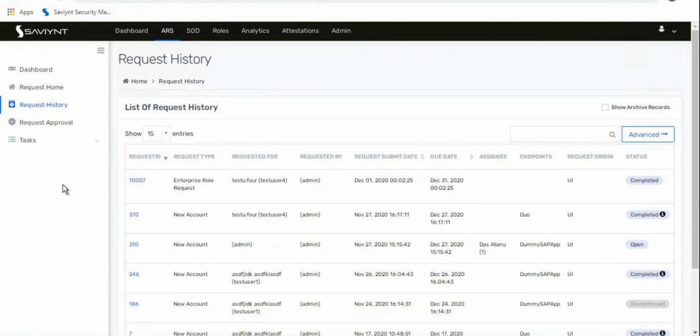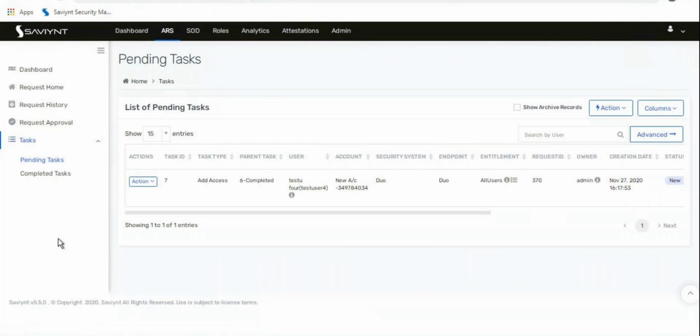After every request which is completed, Saviynt will generate tasks for that particular request, or type of request. As this is an enterprise role addition request, if you look at the list of pending tasks, the tasks will also talk about what they need to actually do. For example,